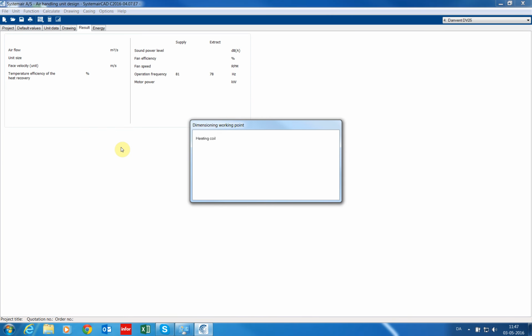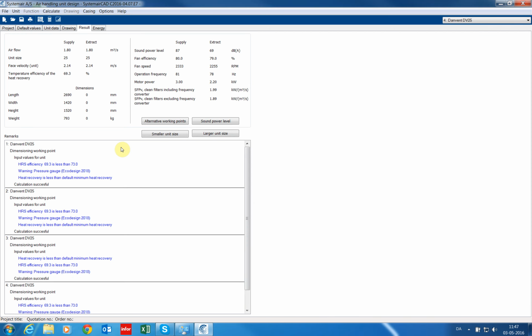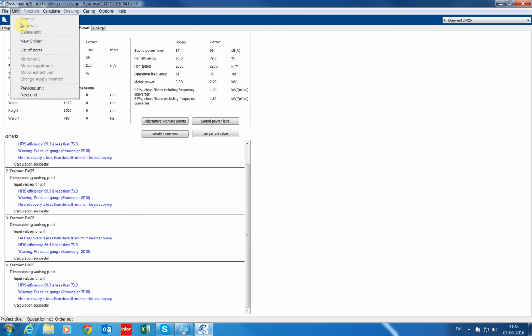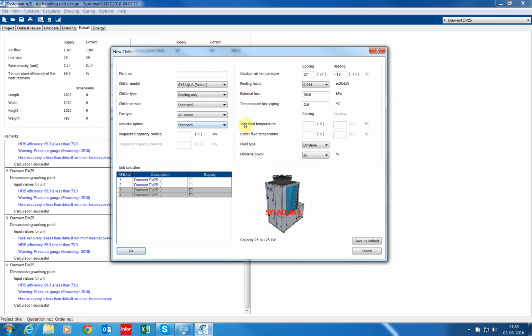Before I select the chillers, I of course have to calculate all the units. The system needs to know the needed capacity of the coils before it can dimension the size of the chillers. So now they are all calculated, all successful, and I will select a chiller. The first one I will select cooling only, and I can see down here that suddenly I have a list of the 4 units that are included in my project,